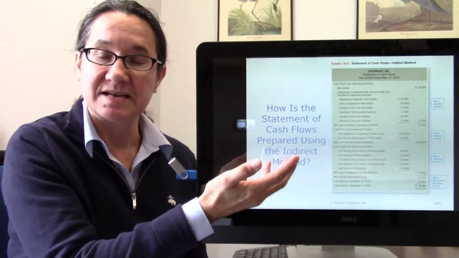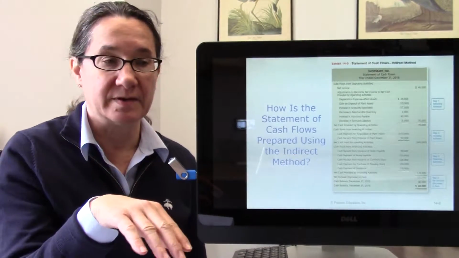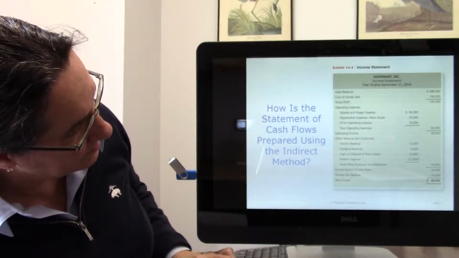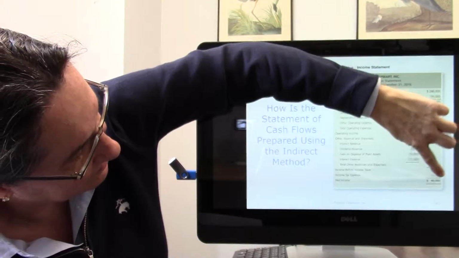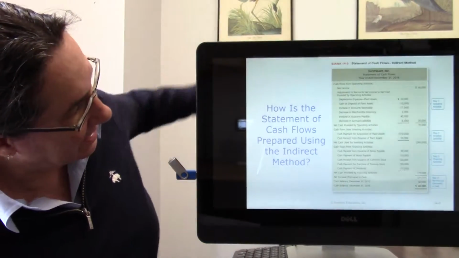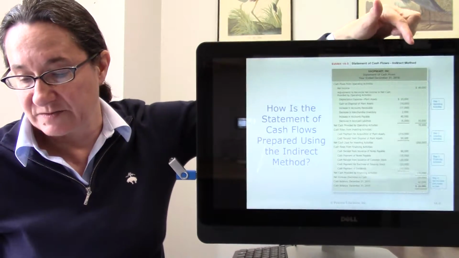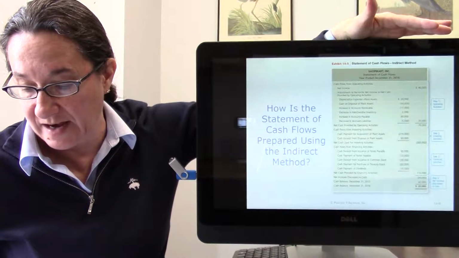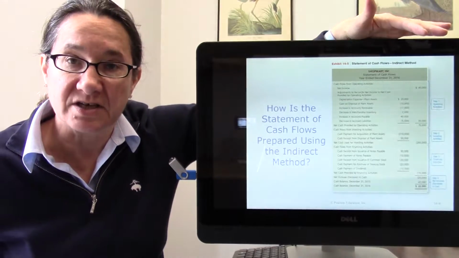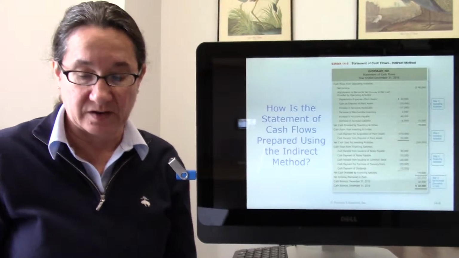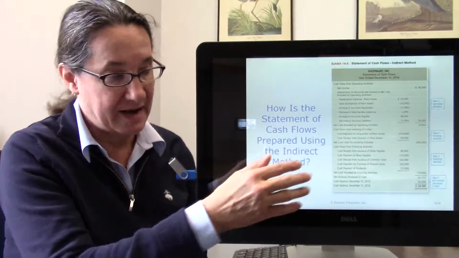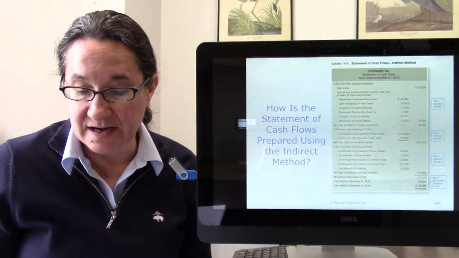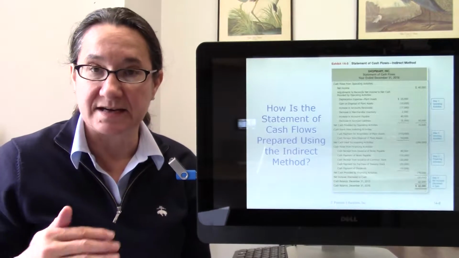So your cash flow statement indirect, which is the only kind we're doing, at the very top of it, you take this net income you got from your income statement, $40,000, and you put that at the top of your cash flow statement. So you're starting with cash flows from operating activities. You start with net income. Then you're going to make adjustments to it. So we're going to talk about these adjustments in a little more detail. But as you can see, in the operating section, we add back in any non-cash expenses, which is like depreciation,